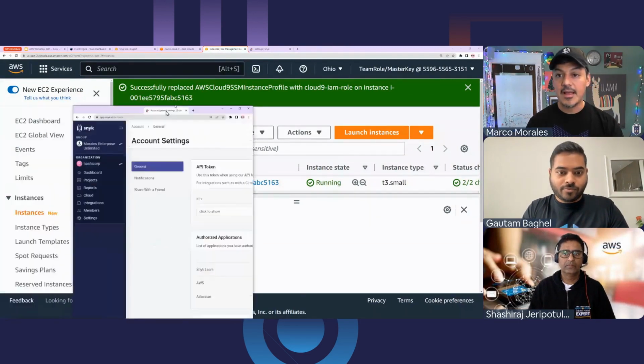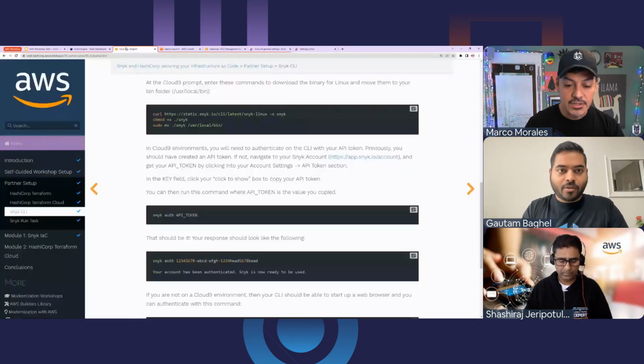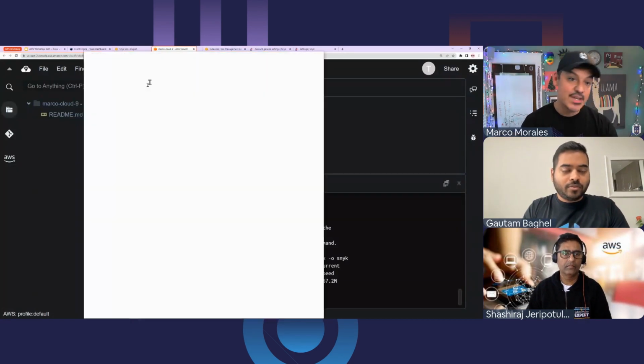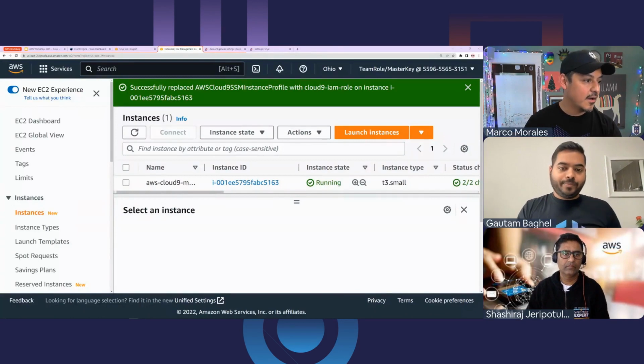I'll move it back. In my Cloud9 environment, I'll do the Snyk auth and then the API token, and then I'll paste my token, but I'll move this out of the way so you don't see it. And I'll press return. And if I'm right, and I move my windows around, we'll see evidence that this actually works.